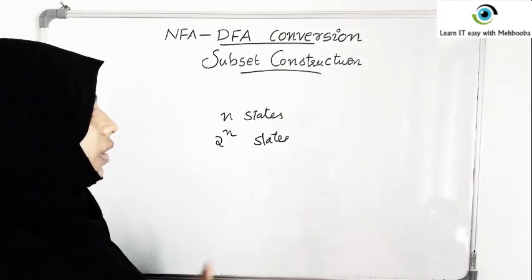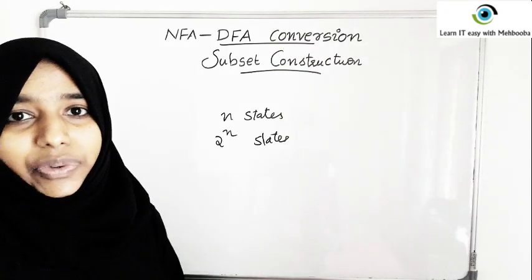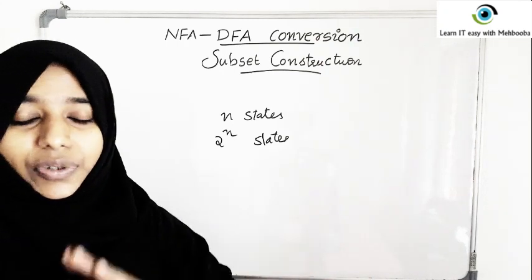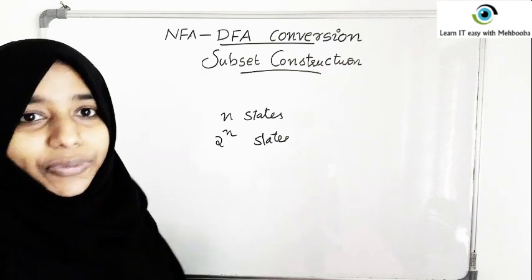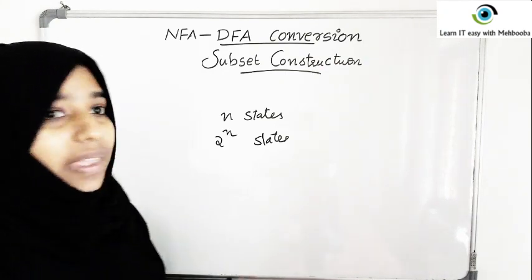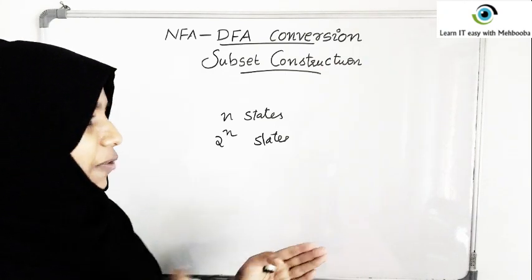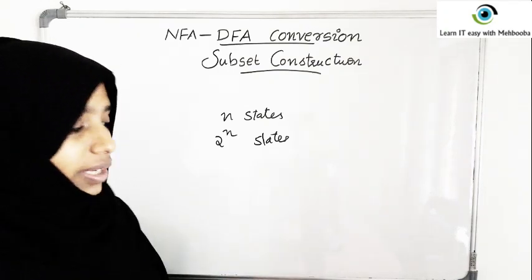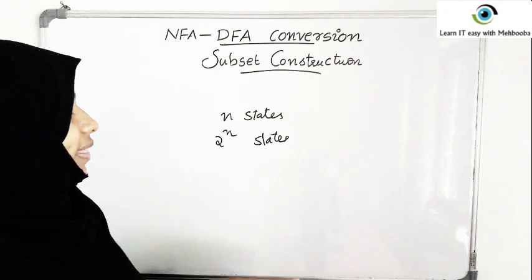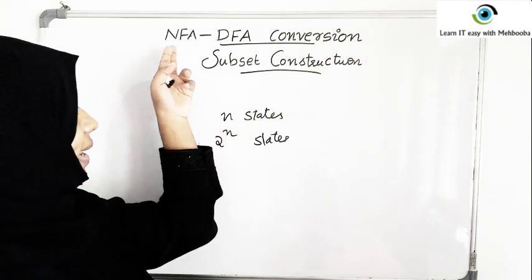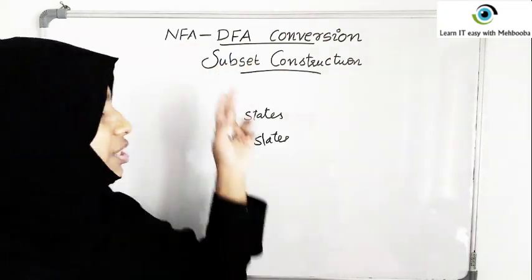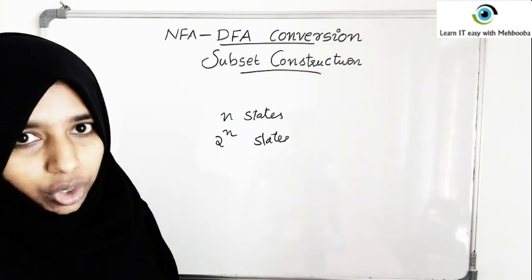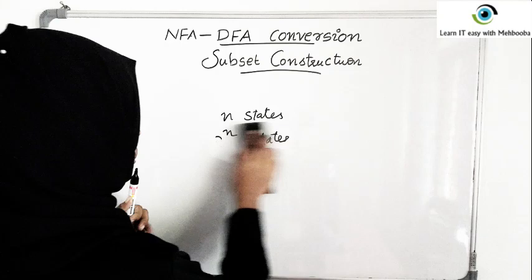In the previous video we have seen examples of NFAs and DFAs for the same languages. If you haven't watched that, please do watch. Then you can easily understand the difference in complexity between an NFA and its corresponding DFA. In this video we will convert an NFA into a DFA using the subset construction method. So let us move on to the details.